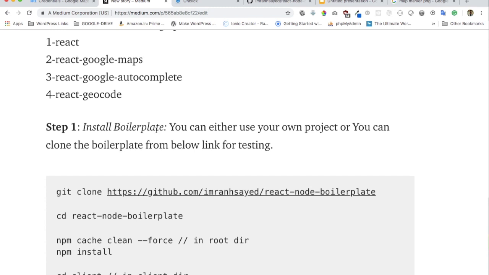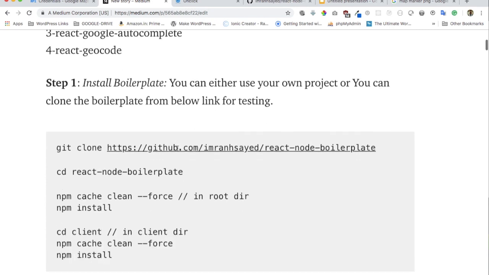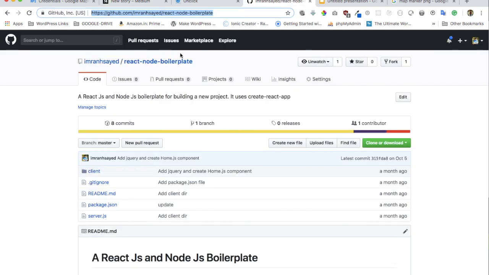In case you already have a project and you want to just use it in your project, then you can skip this part of installing the boilerplate. But if you're just testing and want to see how it works, you can clone this particular repository, React Node boilerplate, so that you can follow along with me. Okay, so let's try that. I'll click on clone,